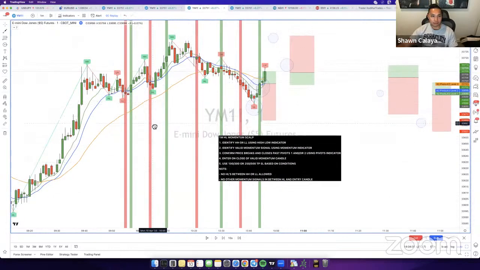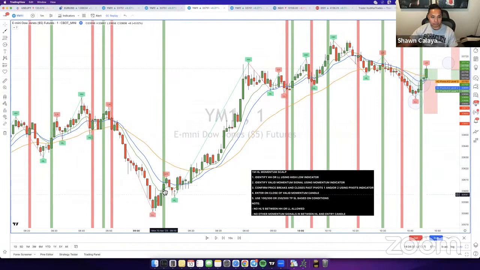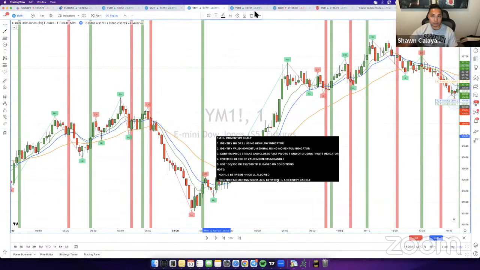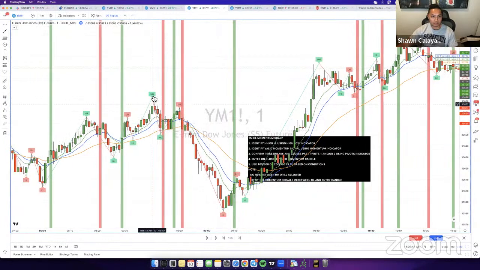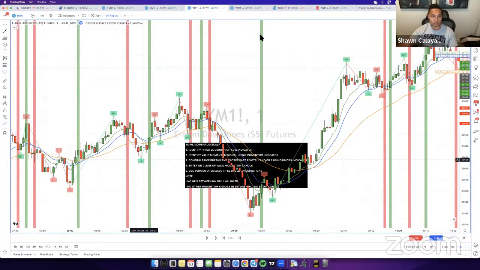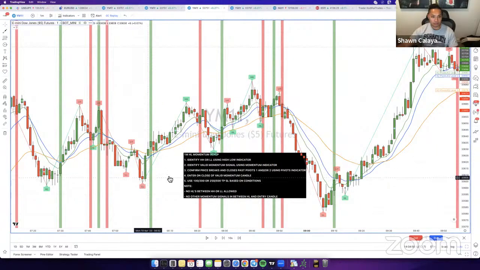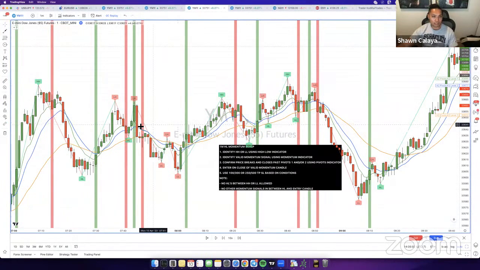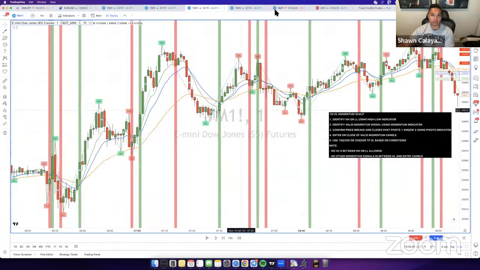Nothing here, nothing here, nothing there. Nothing right here. This candle broke and closed below the pivot 2. Going back a little further, there's nothing here because this wasn't a higher high. Higher high right here, not a valid momentum signal, no entry there. No other entries here, nothing there. Nothing there because this broke and closed past it. So it doesn't look like there was any entries between 6:30 and 9. Basically looking from here, because I already know this because we were trading until 8 o'clock. So basically from 6:30 to 9, there was no entries for us.